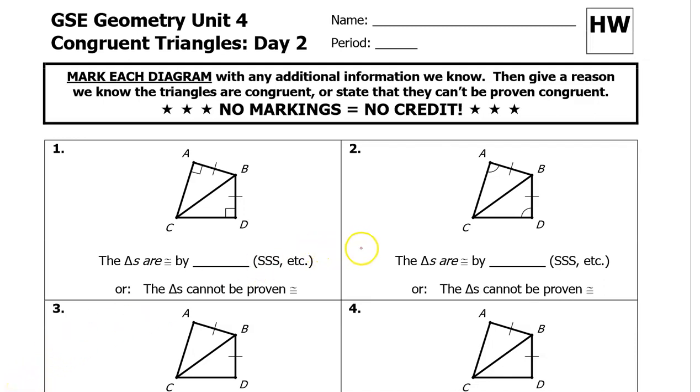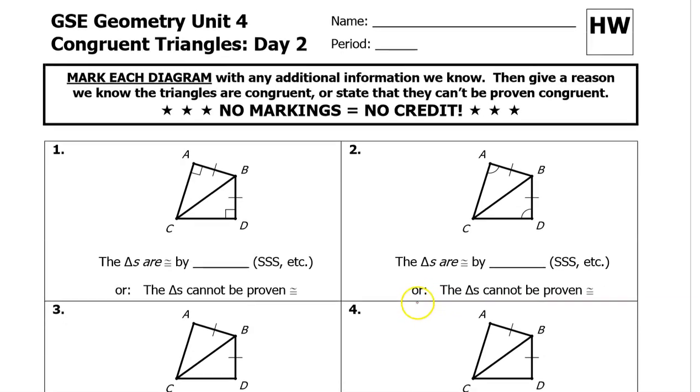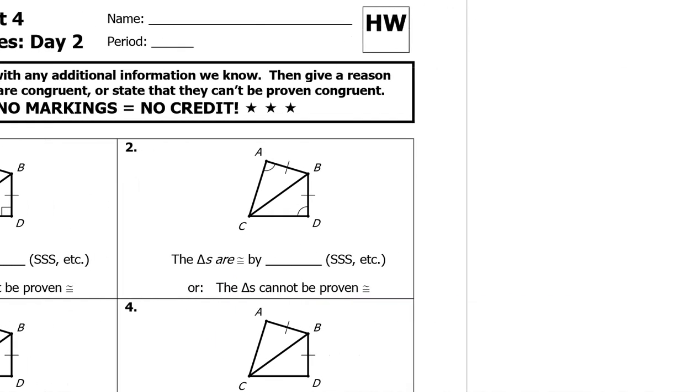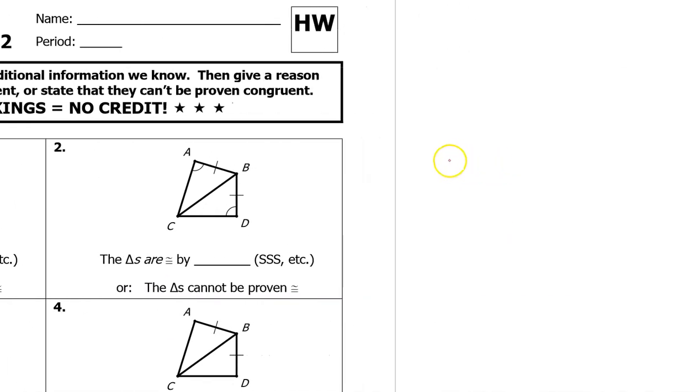In this video, I'm going to show you how to decide which of the 5 reasons we can use to prove that two triangles are congruent. But first of all, let's come off to the side and review those 5 reasons. They are